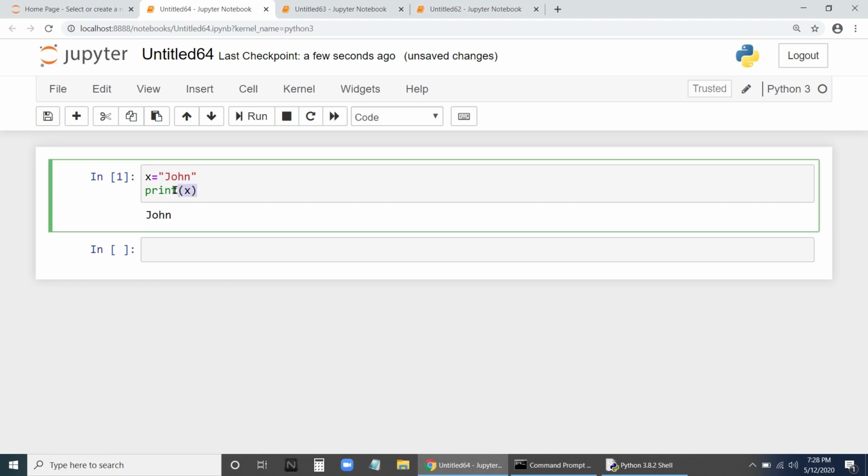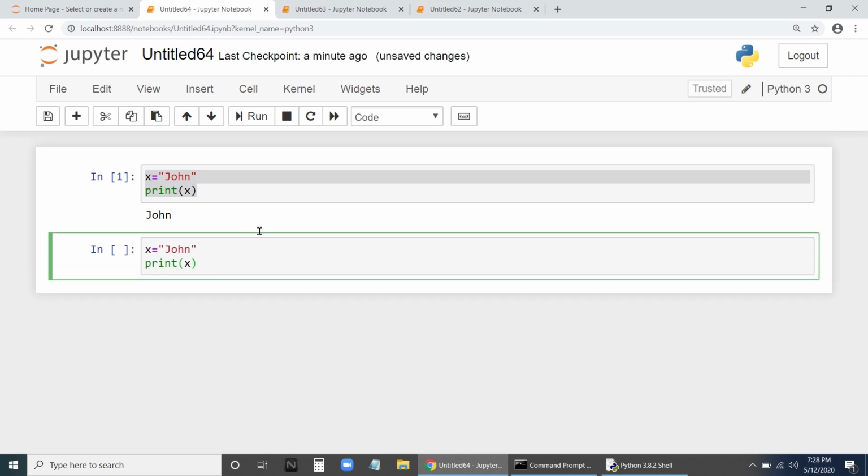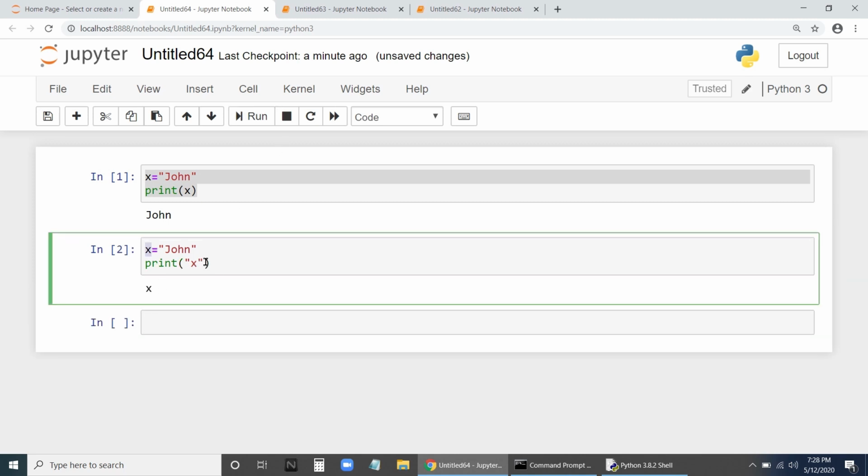The same way, let us say here, I will print this in double quotes. What do you think will happen? It's going to print x, not the value of x, because whatever we give in double quotes, it will print as it is. If you give just x, it's going to print the value of x.